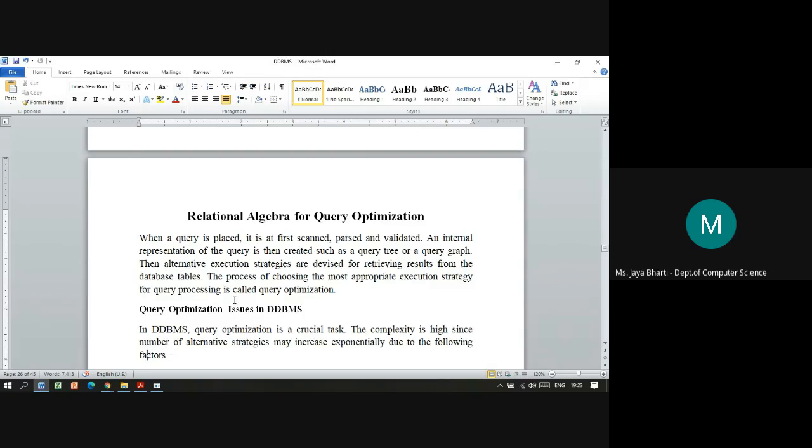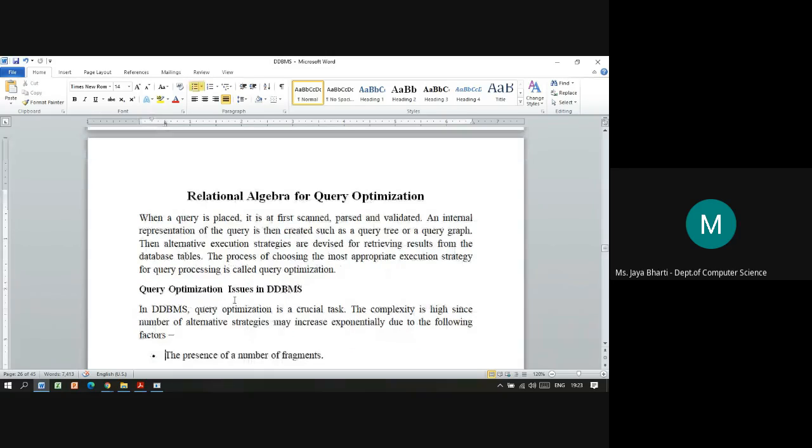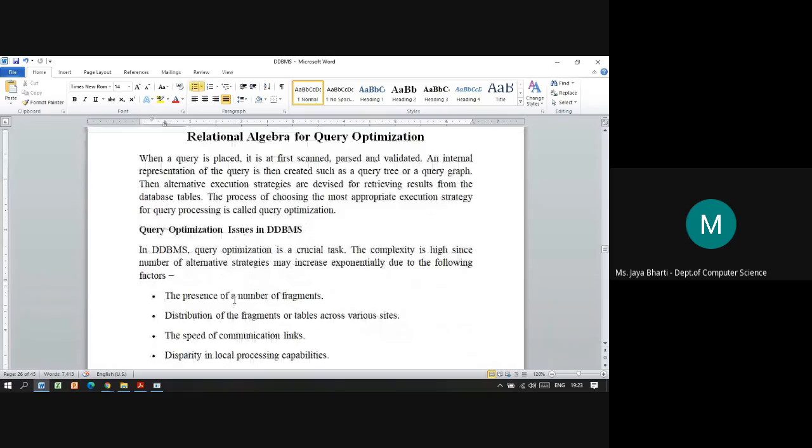That is query optimization, and for this we require the relational algebra concepts to be known, so we will learn some relational algebra also.